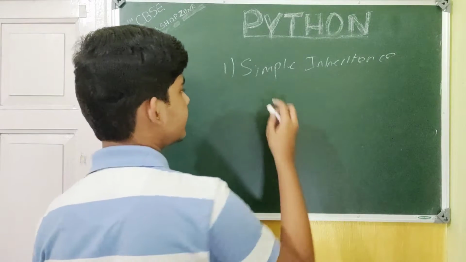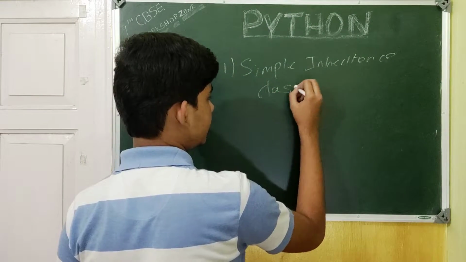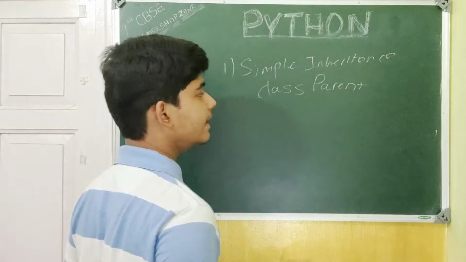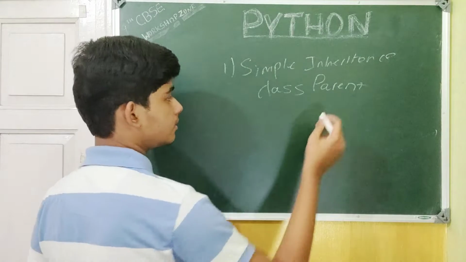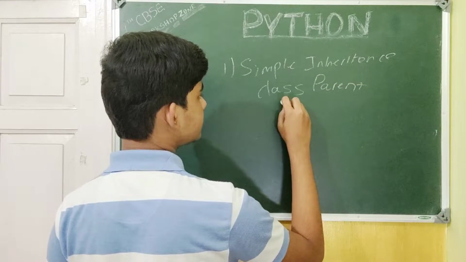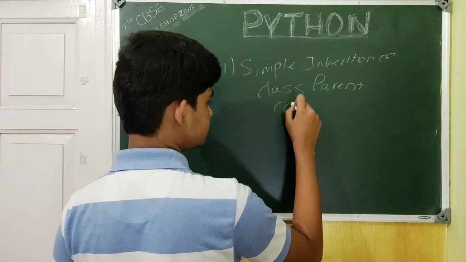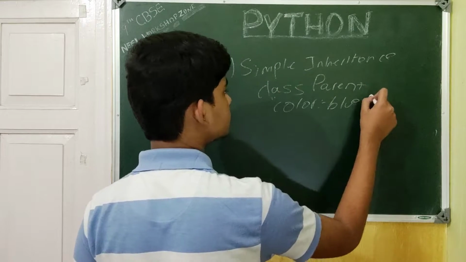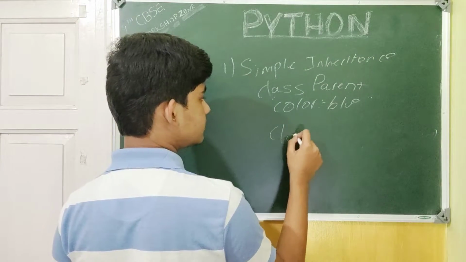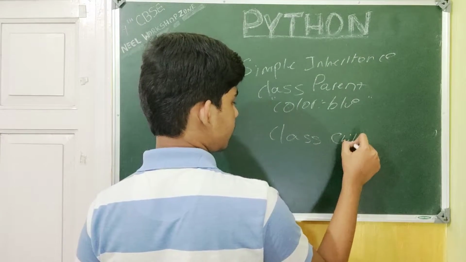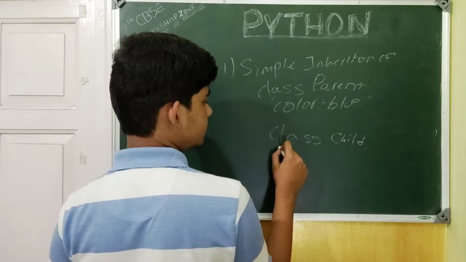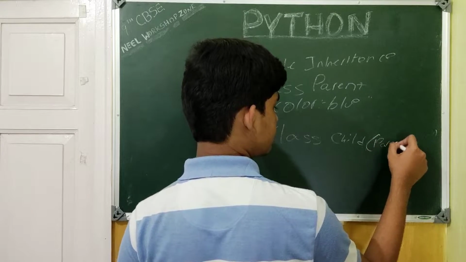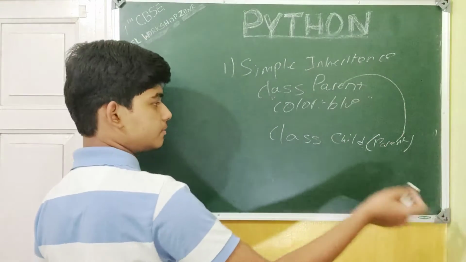So for example, let's say you have class parent. It's not mandatory to have a class named as parent when you're doing a parent and child class. It's just for better understanding of the example. So class parent, and let's write color is blue. So basically the parent of the color blue. And let's write another class child, and let's say in the brackets that it's parent, so it's basically inheriting the properties of this class as parent,